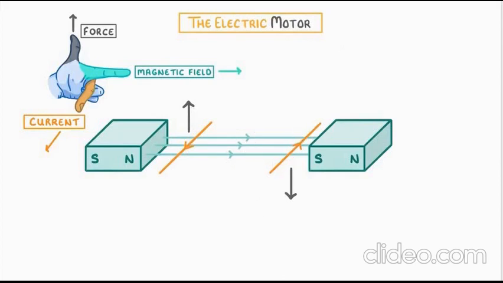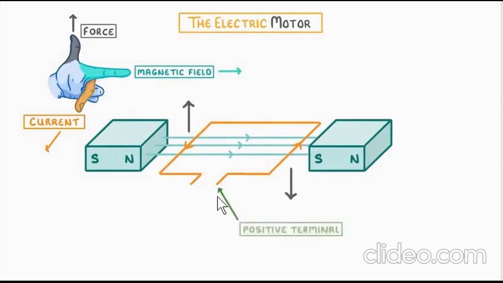Let's make things trickier, and let's join these two wires in the form of a rectangular coil like this. Okay, so what is happening over here is that on this side the current is flowing inward, so we can name it the positive terminal, because the current is coming in and after passing through the coil is coming out from the left. Since it is coming out according to the conventional current, it is called the negative terminal. Okay, and the two sides of the coil are experiencing opposite forces.